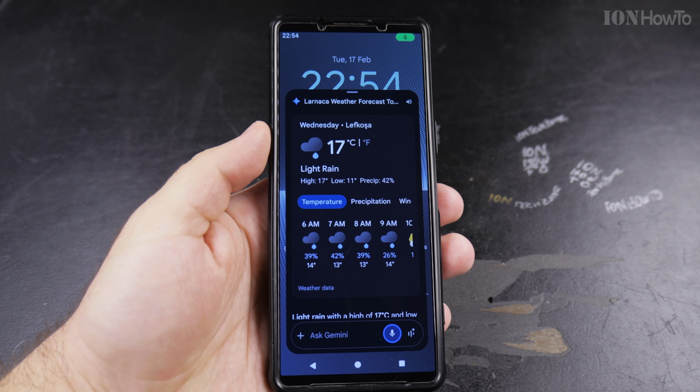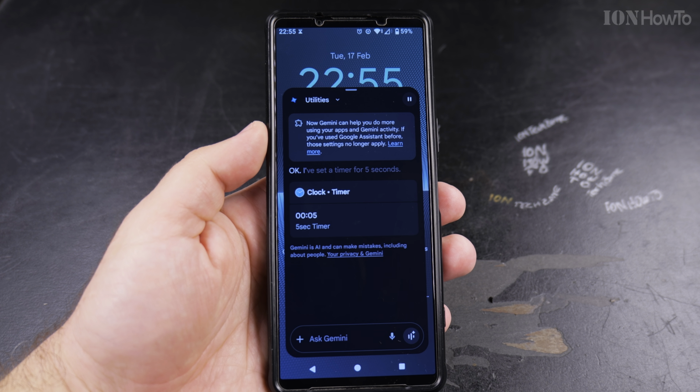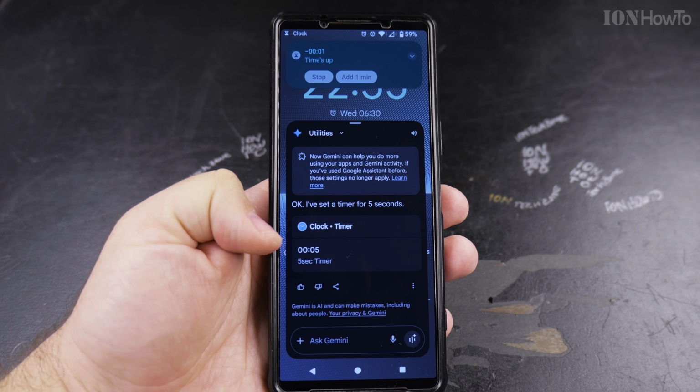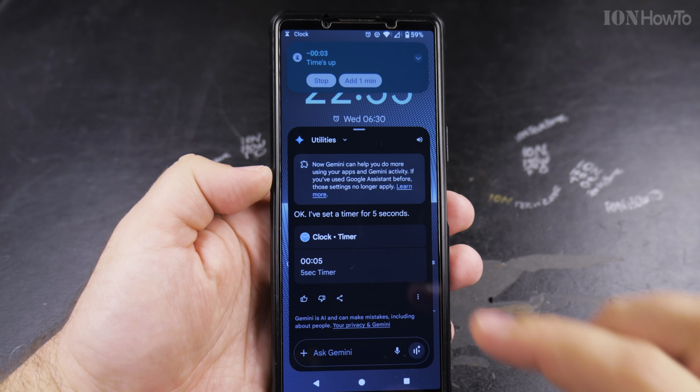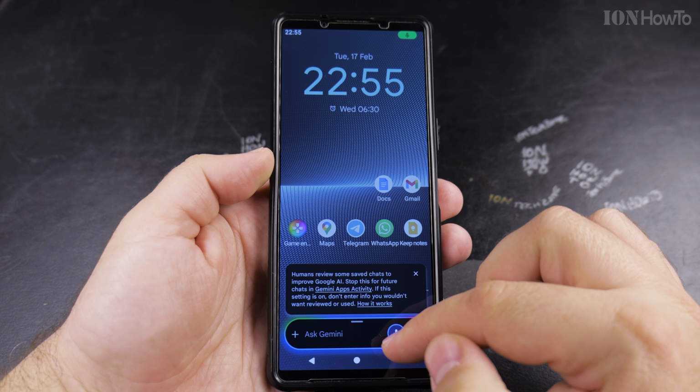Okay, Google, set a timer for 5 seconds. Okay, I've set a timer for 5 seconds. Okay, the timer is running. So the timer started. You can really use Hey Google with a lot of commands, but also you have to